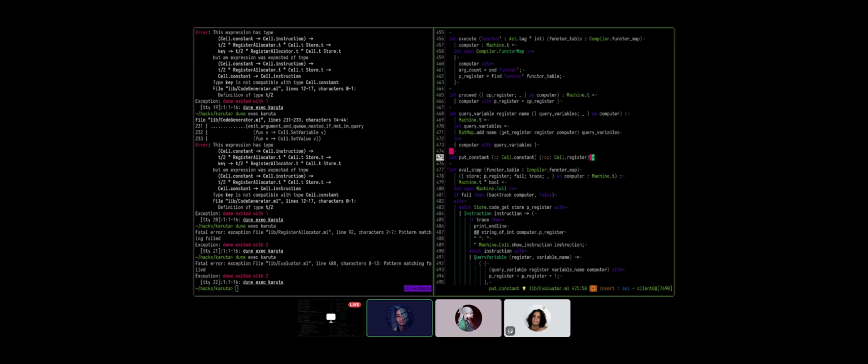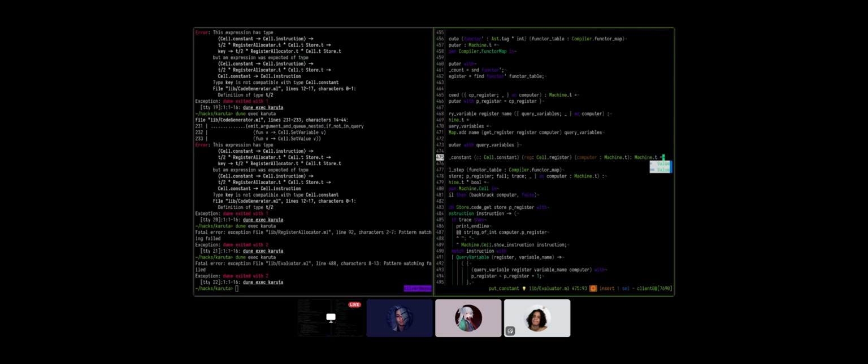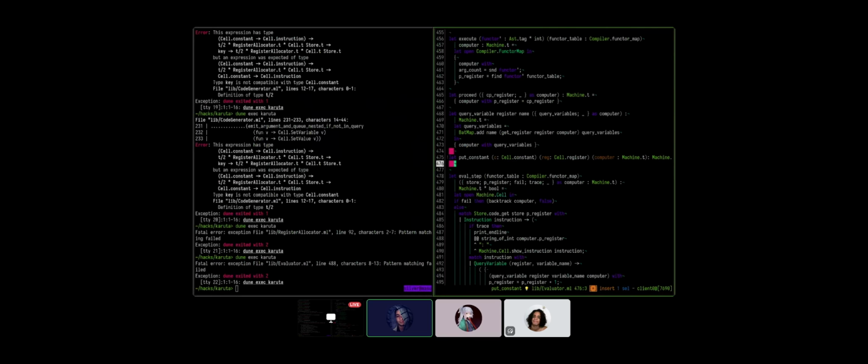Okay, now we're talking. And you need a computer. We need computer, which is machine.t, and this returns a new computer, yeah. And a boolean. No, just a new computer. Just computer. Okay, let's go.